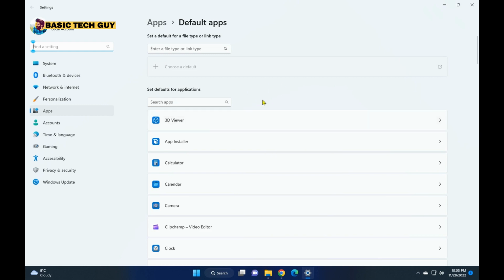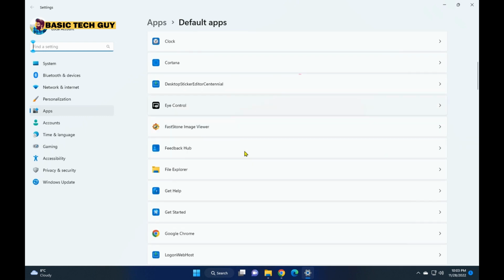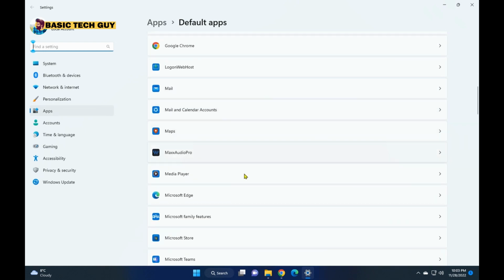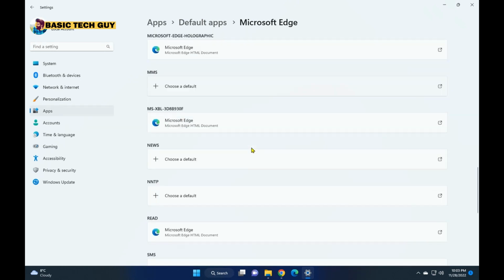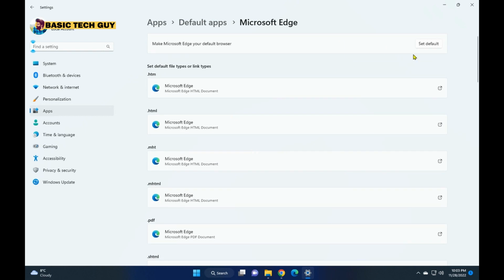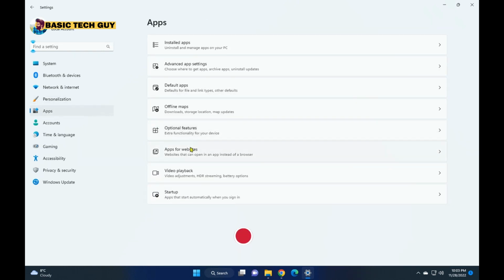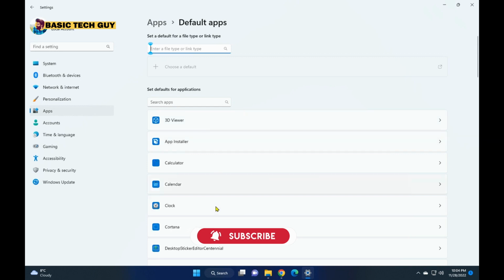It's quite different compared to Windows 10. I have set Microsoft Edge as my default browser for now, and look, everything is pointing to Microsoft Edge. Now let me go back to default apps